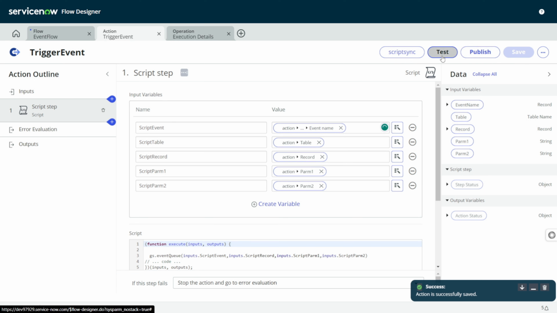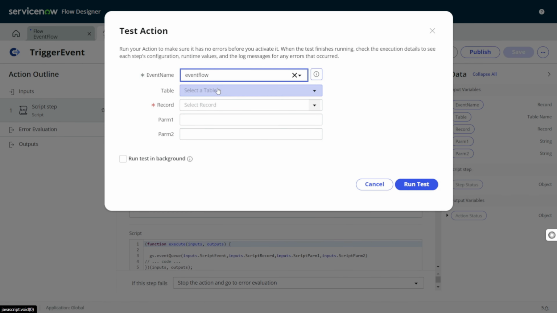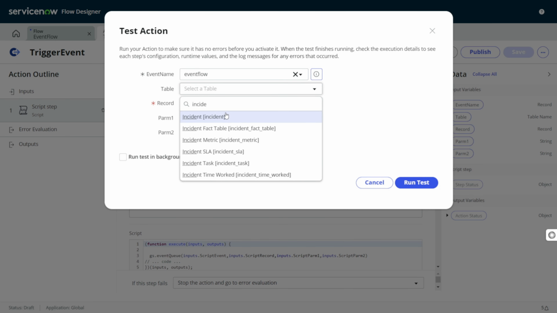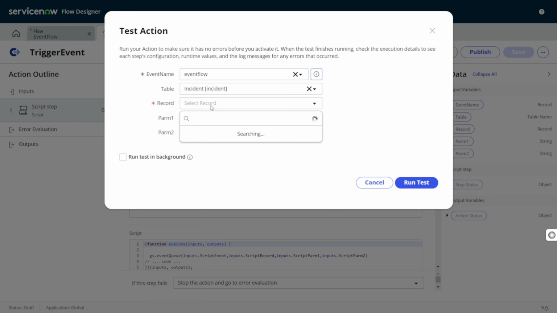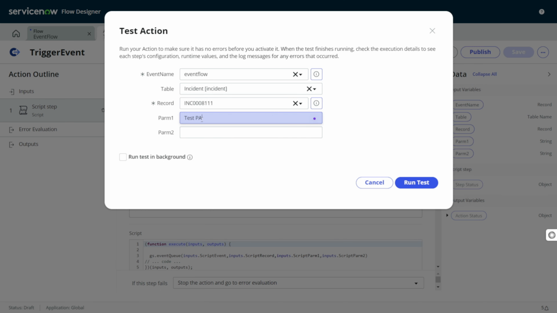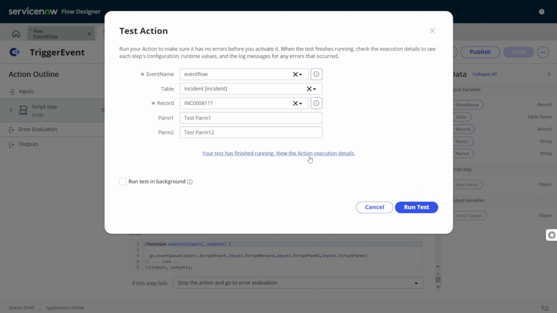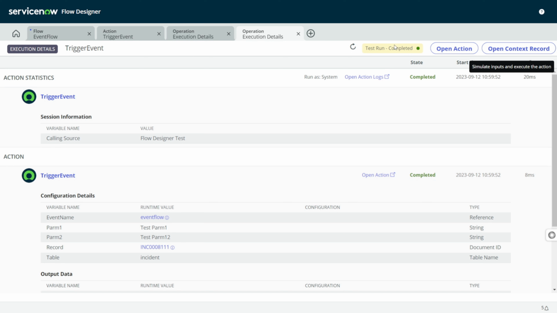And test. Event flow. Table incident. Record, I will select any. And we'll give test param 1 to record. Say test param 2. Run test. Done. And we can see the execution. Everything looks good. Let's go back